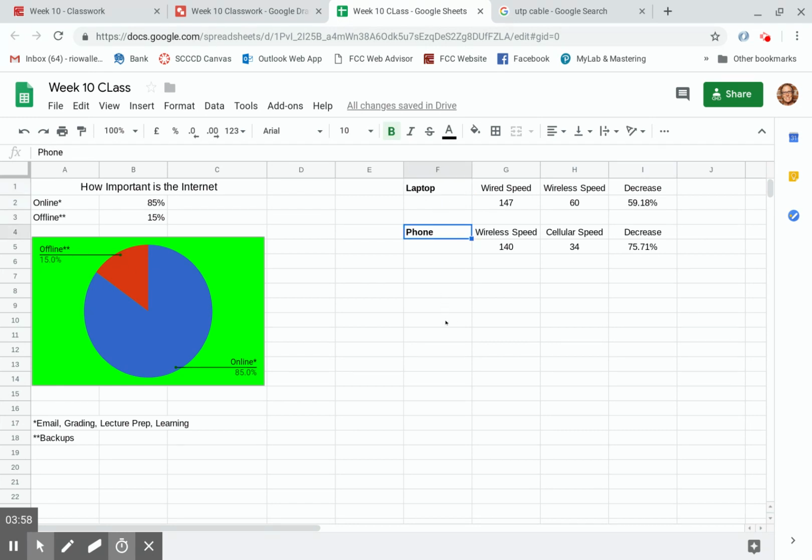phone, a comparison, right? So on the laptop, I compared wired versus wireless speeds. I compared on my phone wireless speed versus cellular speed, right? So I should actually call this Wi-Fi speed. So what my Wi-Fi speed is compared to my cellular speed. So if yours needs to do something different, then you would be comparing maybe your laptop speed wired versus wireless of a